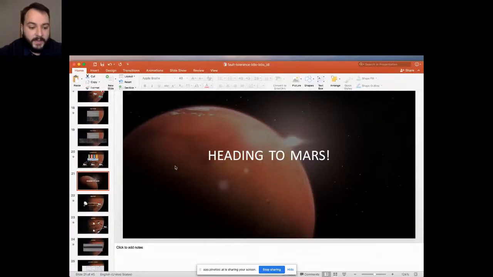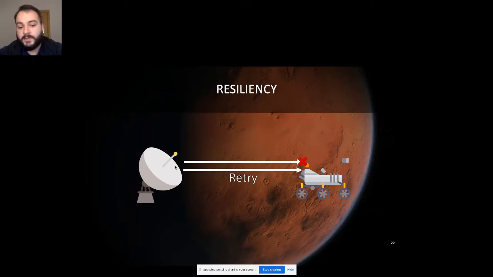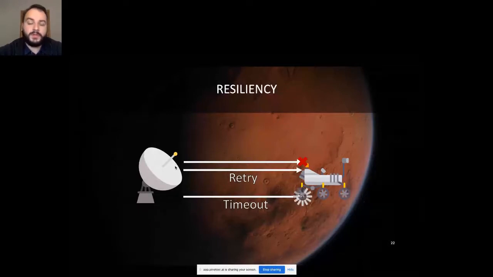Okay, let's go back again to our presentation. So let's recap again what we have seen. First of all, this is the resiliency feature of Istio, which allows you to set up retries in case of failing requests, and also set up timeouts for requests. So in case it's easier and cheaper for you to send another request and not make the user wait too long, it's better to set up the timeout.